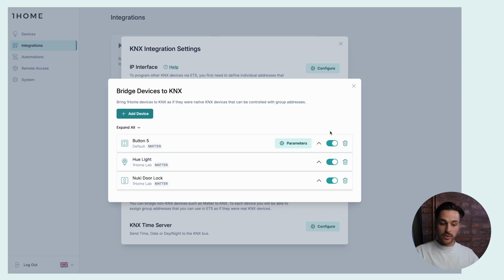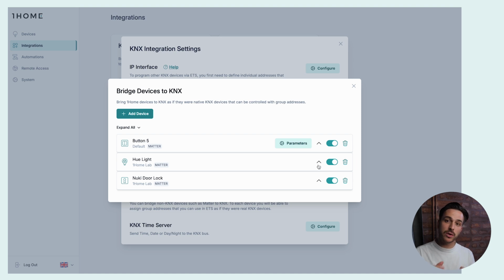Congratulations, you have now accessed the bonus tip of this video. Because of the way we developed IoT Gateway, you can also control a Matter and another Matter device with group addresses. Here's how you can do that. So let's say that we want to control a Hue light with our IKEA remote. Here we already have this button 5, the IKEA remote control that we configured before, and also the Hue light.